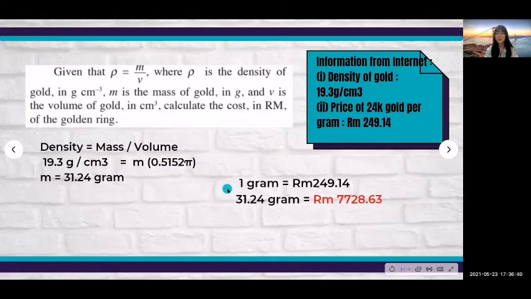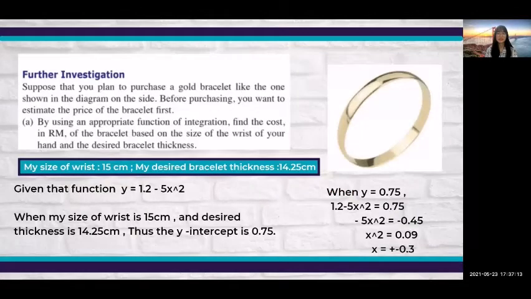So 1 gram will equal 249.14 ringgit, so the gold will cost 7,728.63. This is the last part, the further investigation part. The question given: suppose that you are planning to purchase a gold bracelet like the one shown in the diagram